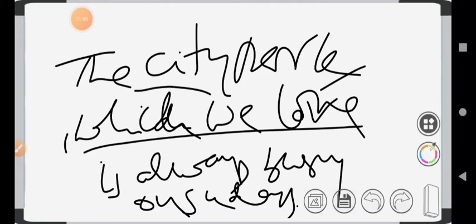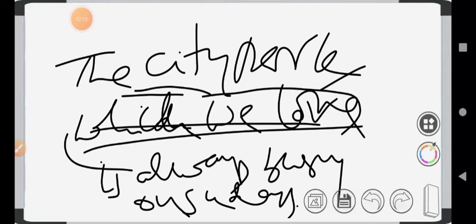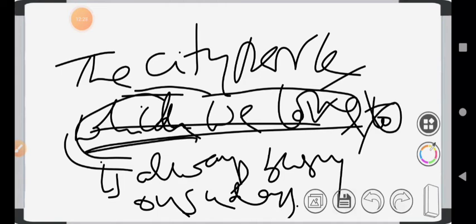It is a non-defining relative clause, a non-restrictive relative clause, non-essential information. It gives more information about the park. Even though you drop this, the meaning of the sentence does not change: the city park is always busy on Sundays. But here we use which instead of where, because the verb does not follow a preposition. At that time we use which. That is more important. Otherwise, if the preposition is there, we use where. That is more important, my dear students.